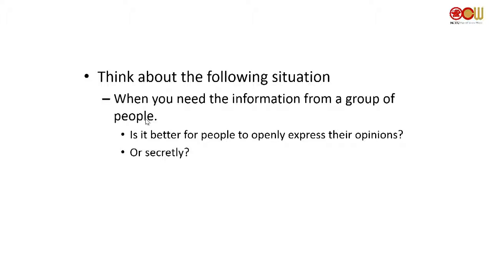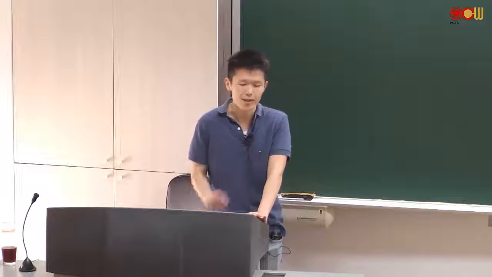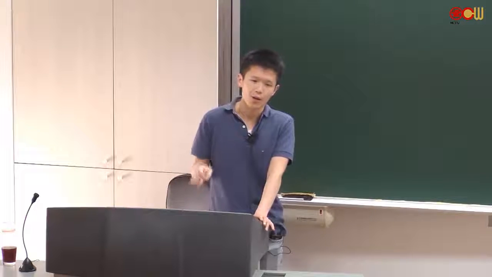Okay. So according to the anchoring heuristic, if you want to get a fair judgment or fair information from other people, probably the best strategy is to get information individually from each person instead of getting the information in an open situation. Because usually when the context is open, the group decision will be biased towards the initial opinion.